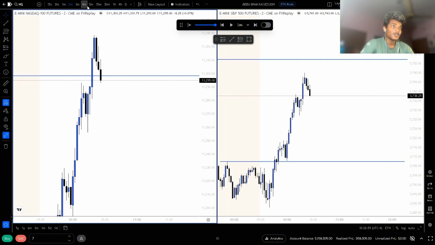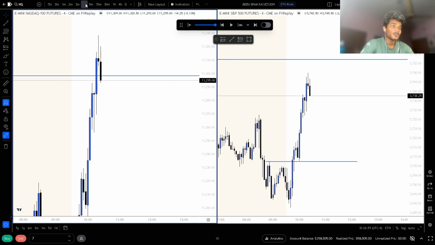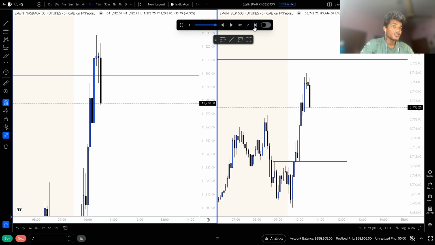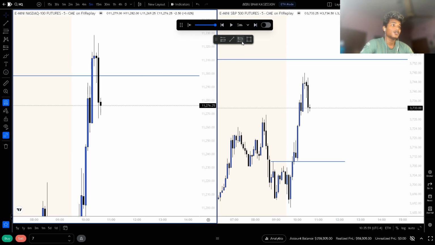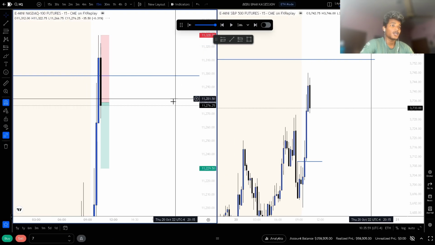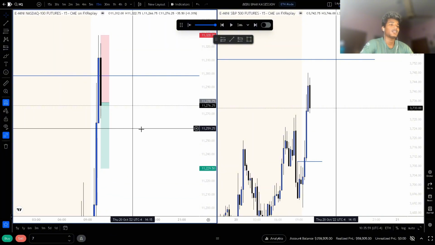So we get a very nice inversion at this point of time and the highest time frame is gonna be this 5 minute. Yeah, so we inverse it here and what do we actually target? This is the 50-minute gap.